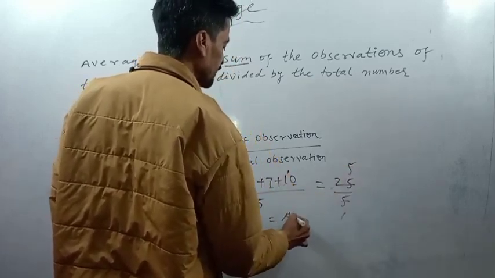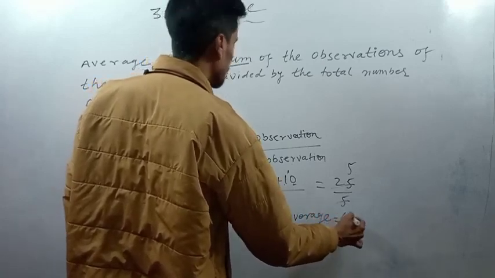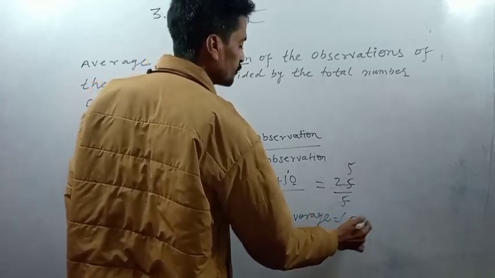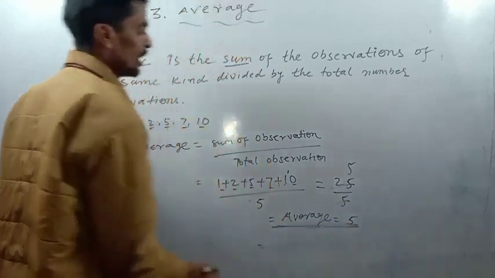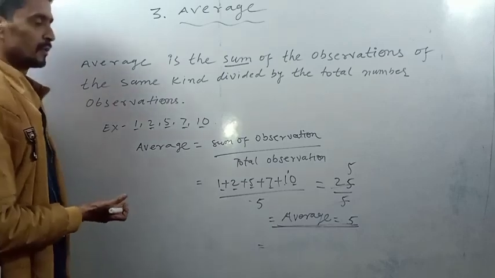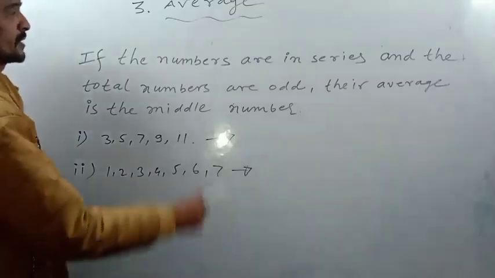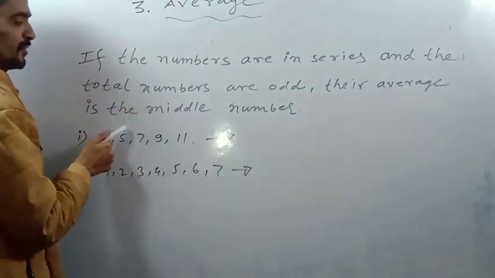So what is the average of the given observations? 5 is the average of the given observations. Like this we can find the average. I hope you understood. Now here we are studying about the average, and in average there is another important